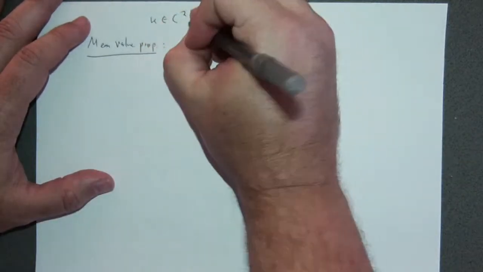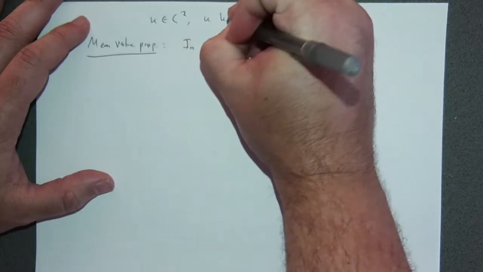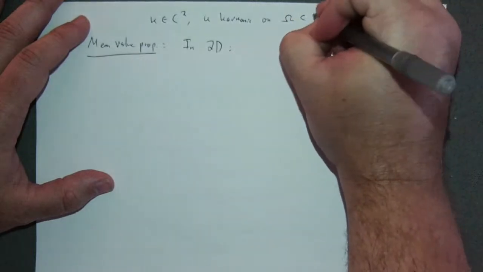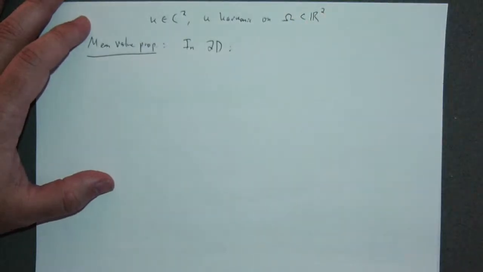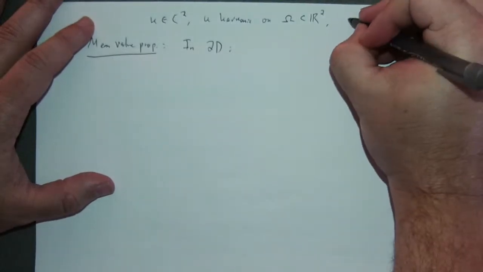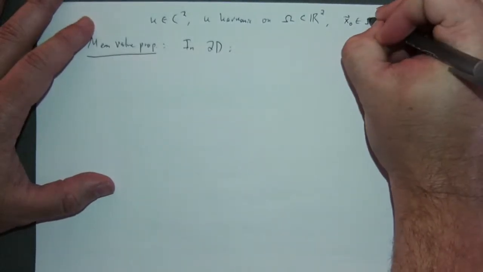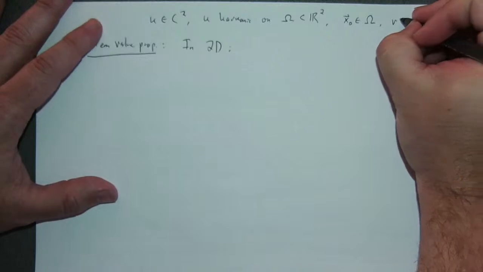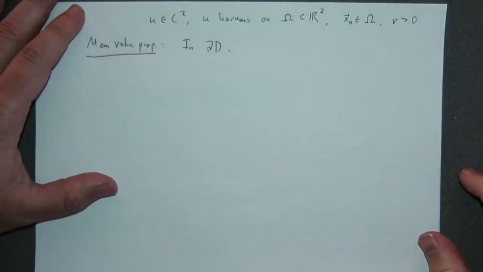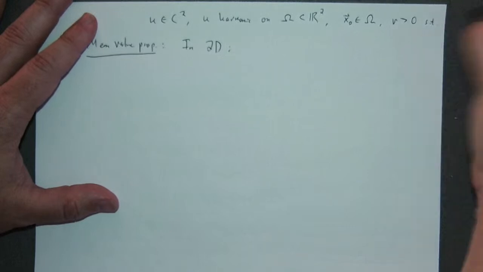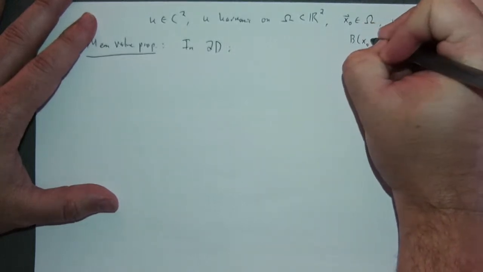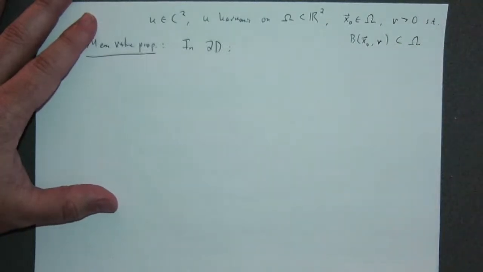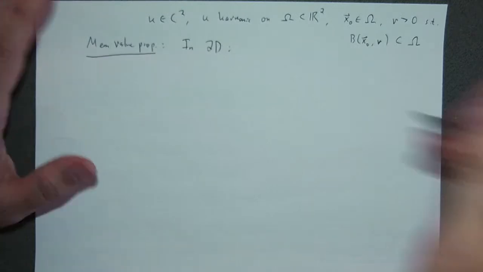Let U be in C2, U harmonic on a domain omega in R2. Let x naught be a point in omega, and R be a positive radius such that the ball centered at x naught of radius R is contained in omega. Then